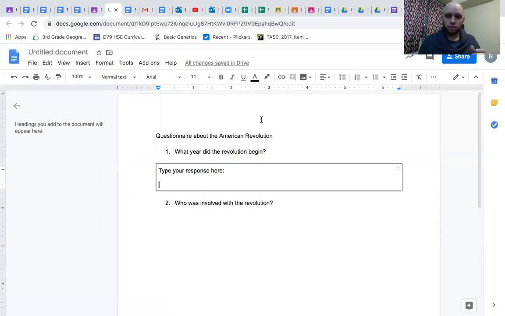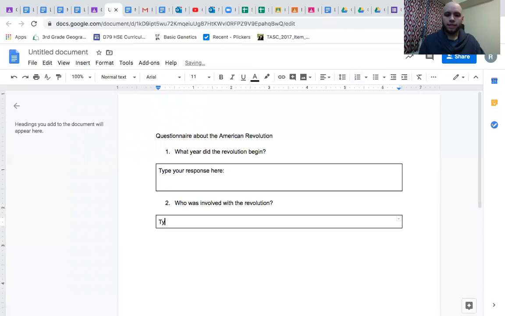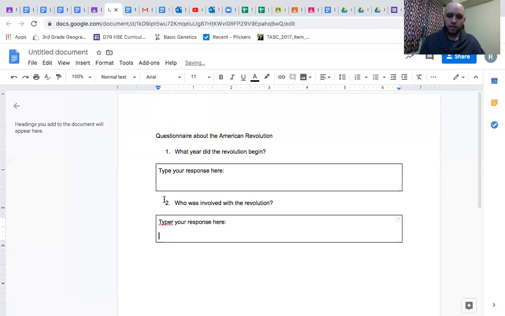So that's the first one. And then let's say if you want to go to the next one, same thing. Insert table, one cell, and type your response here. These are the directives that I've given my students when I create my assignments, just for the